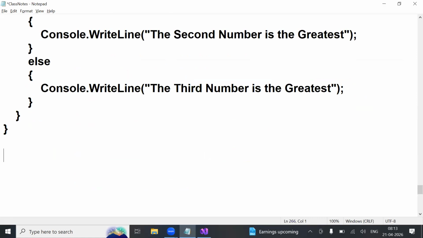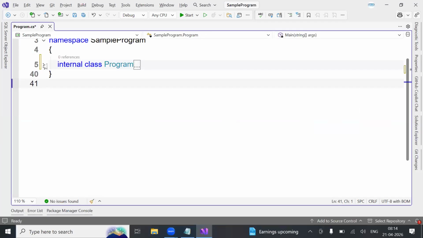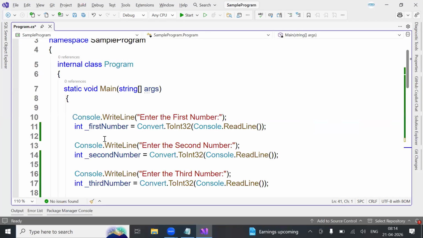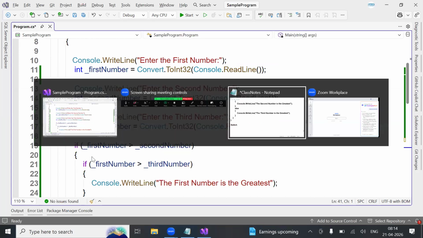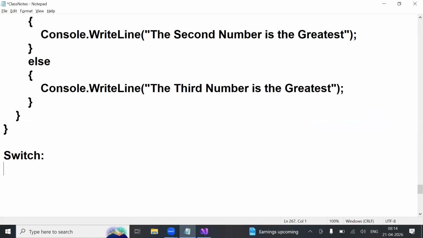Now, final switch statement. So what is the purpose of switch? With if conditions you are collecting three different values dynamically from the program and checking a condition. But my situation is I'm going to get a single value and define that value with different scenarios. Got my point? So switch is basically we will receive